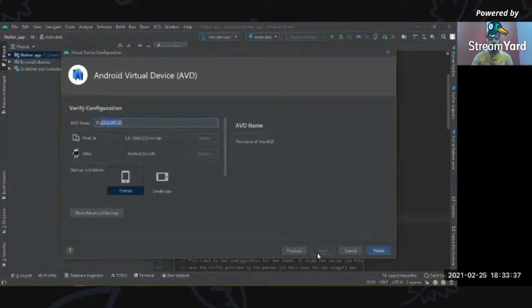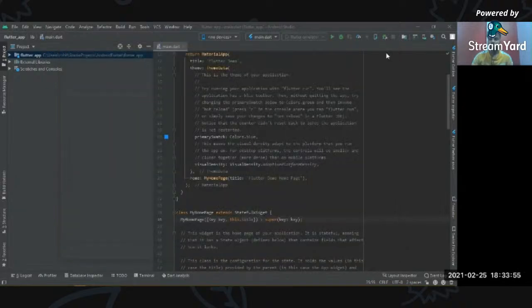You can name your device, like my device, so that you can recognize it next time. Then click on the finish button so that the device will be configured. I've already configured it, so let me show you our first Flutter application. Let's run it.